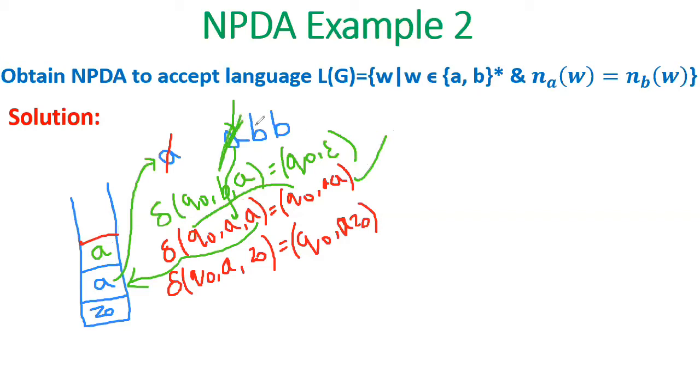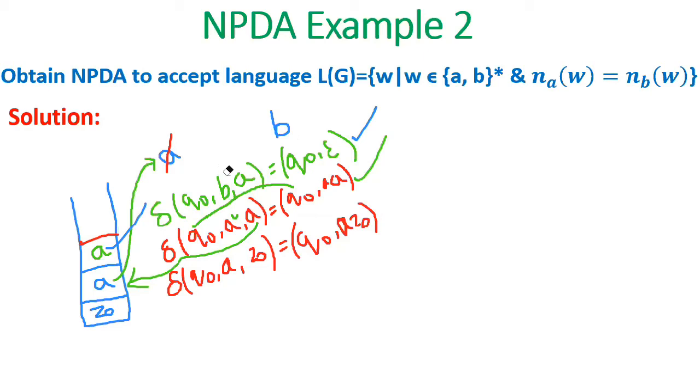So let us move on to the next character. What is the next character you have? B is the input symbol. So if B is the input symbol, now what will happen? You have this particular transition that I have written. Q naught is the state that you are in. B is the symbol that you have got, and A is on top of the stack. So these two will get deleted. Right? You are popping that element from the stack.